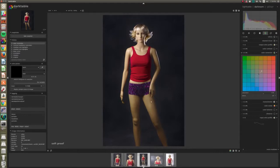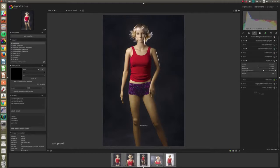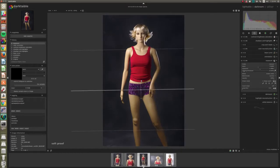Just for the sake of demonstrating the tool, let's up the exposure a little bit there, just a touch. Let's do this. And I'm going to create a gradient. And I'm only going to do that exposure change to, what am I trying to select here? There we go. I'm just going to raise the exposure down on the skin here. It just balances out a little bit. So if I raise that exposure a little bit,